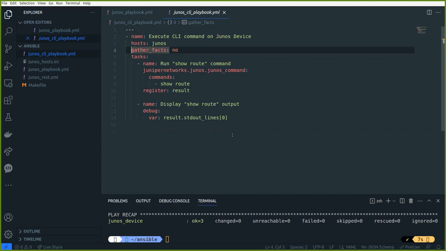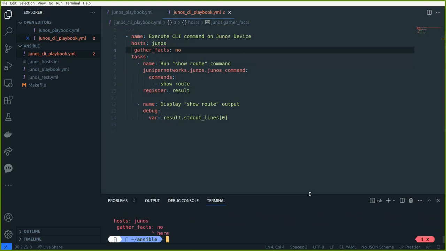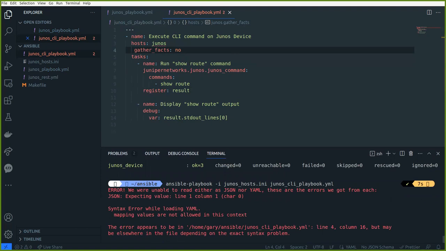But you can get some YAML validator tools online, or you can download a YAML validator tool just to make sure your YAML file is correct. Because if I do something like, let's say on this one, if I go back to running this playbook, let's say I just put a space in here like that. It's gone red already. So before I even run this, it's telling me this is not right. It's broken. It's just saying error. We're unable to read either as JSON or YAML. It's because it's not a valid YAML file. As soon as I hit that space bar there,